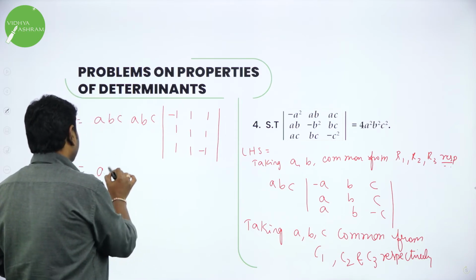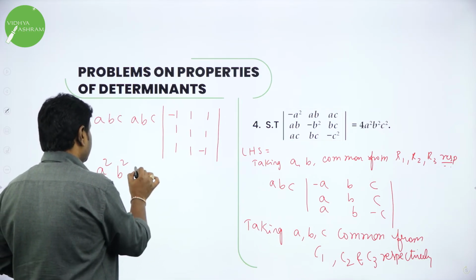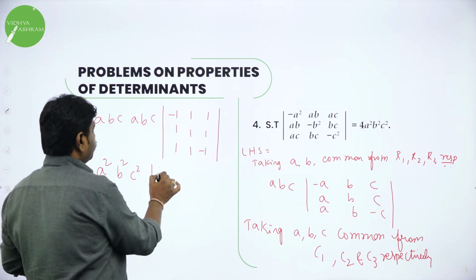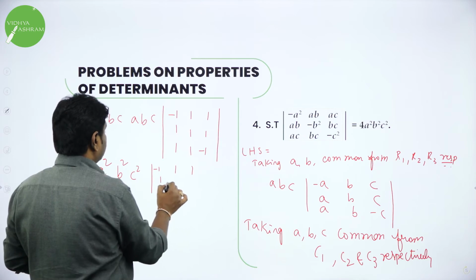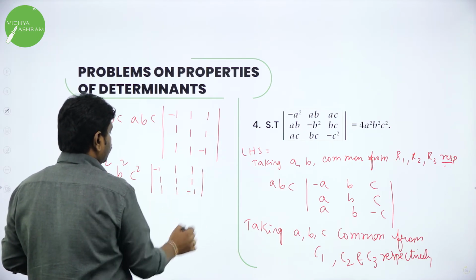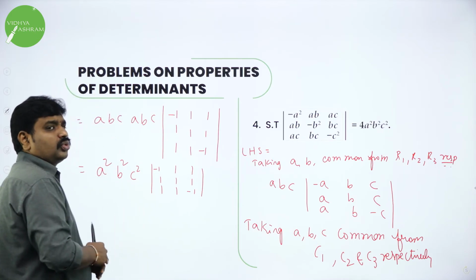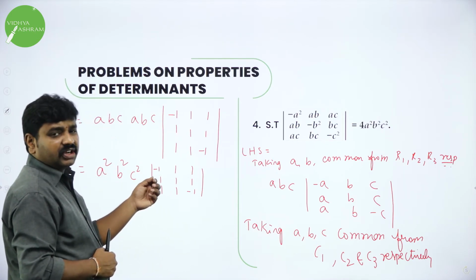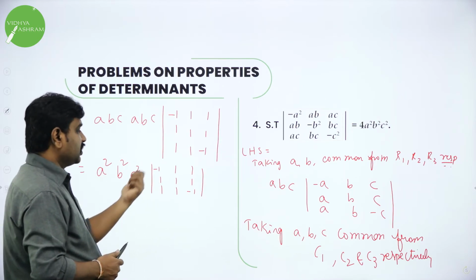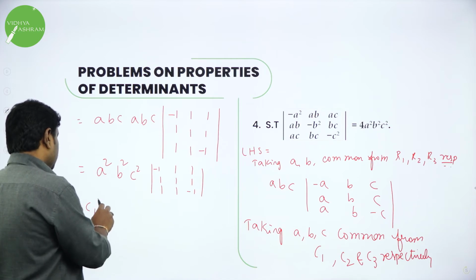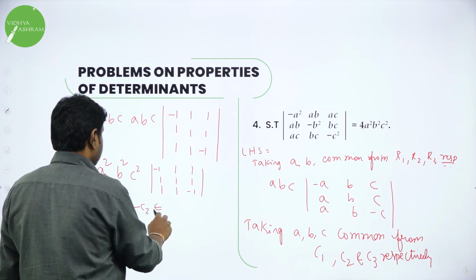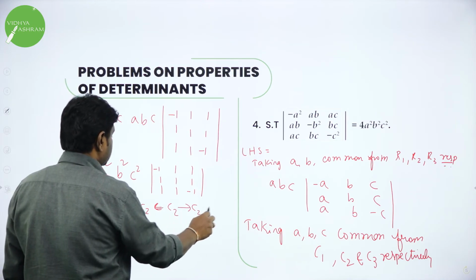Now we have a into a square, b into b square, c into c square. Now you can expand it, or simplify and expand. You can do simple transformations to reduce, because there are chances of making many elements 0. How to make many elements 0? You can do any operation at a time. You can do 2 operations. I can do C1 is equal to C1 minus C2 and C2 is equal to C2 minus C3. So any operation C1 dash, I will do C1 minus C2 and C2 is C2 minus C3.